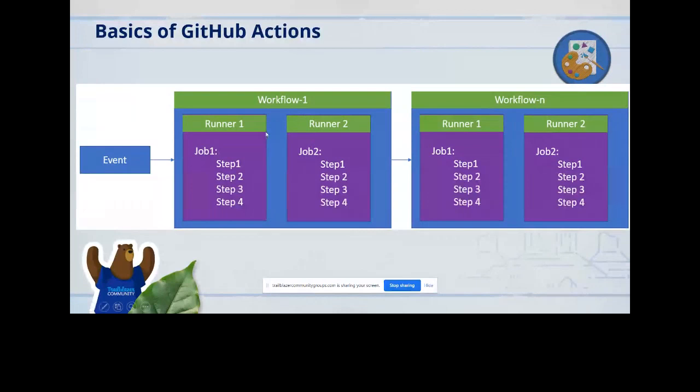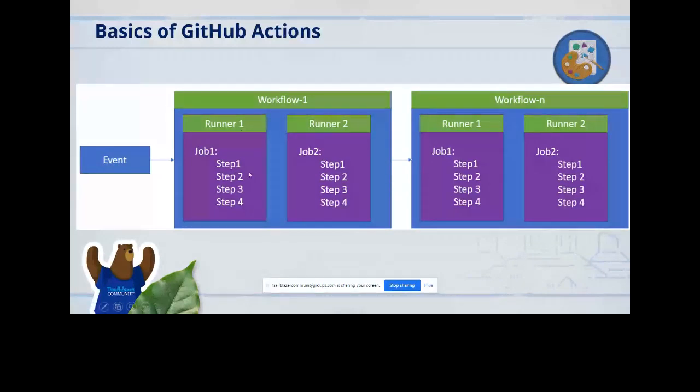The advantage here is that under each of the jobs there will be multiple steps or actions that will be getting executed. Later I will show you how it looks, but all the steps will be clubbed together as part of a single job, and that will be getting executed under the same runner. That is the advantage with a job process.